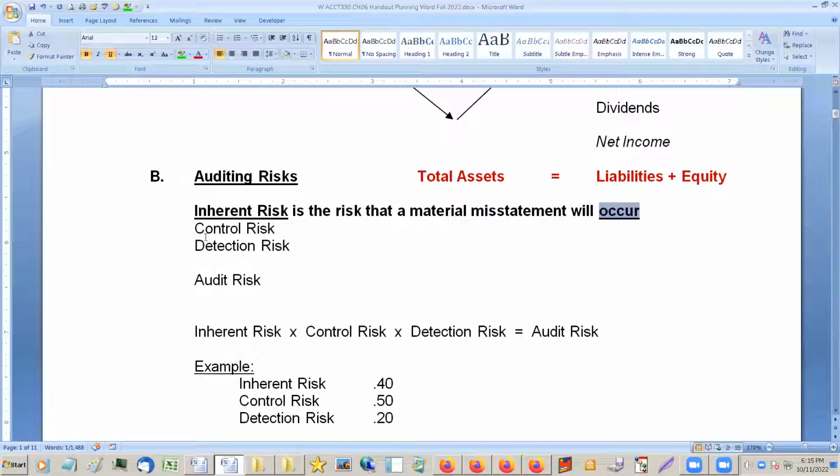So, control risk. Any questions on inherent risk? So this is the question of will a mistake or a fraud occur. The second one, control risk, is a risk that the client's internal controls